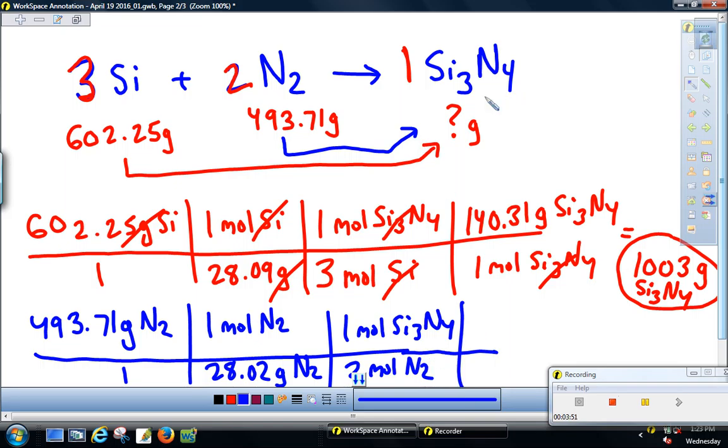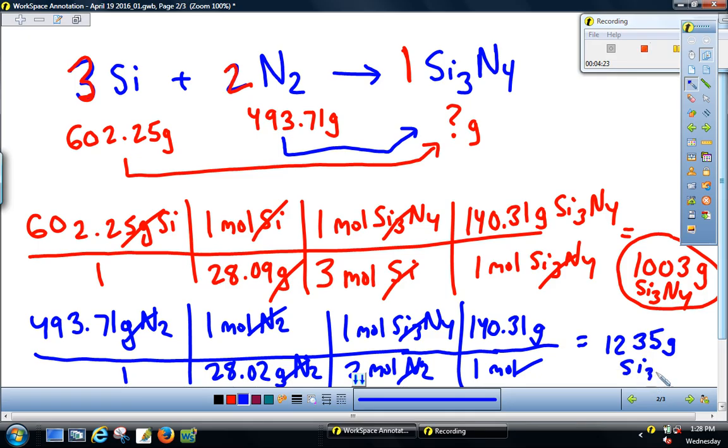And the last step, we want to figure out how many grams of product we're making. We already determined the molar mass, 140.31. To save a little room here, I'm not going to write the units for that last one. I apologize for taking a shortcut. I just don't want to have to scroll when we look at the numbers. So units are canceling, and as an answer,